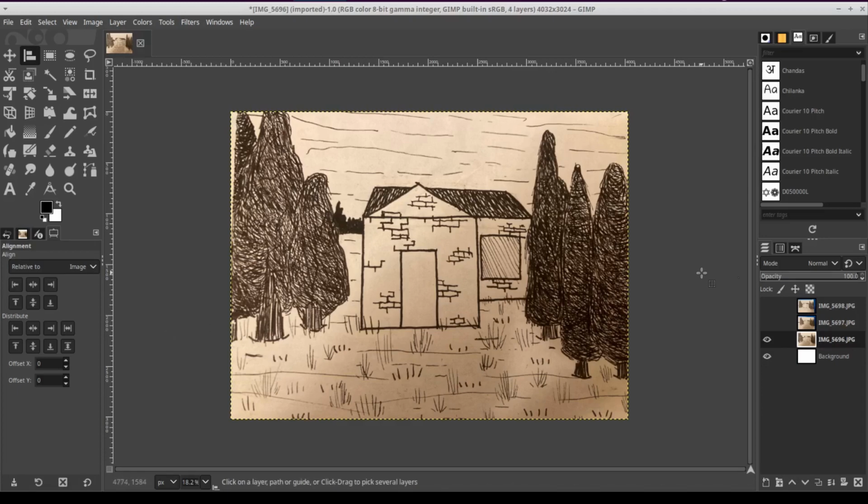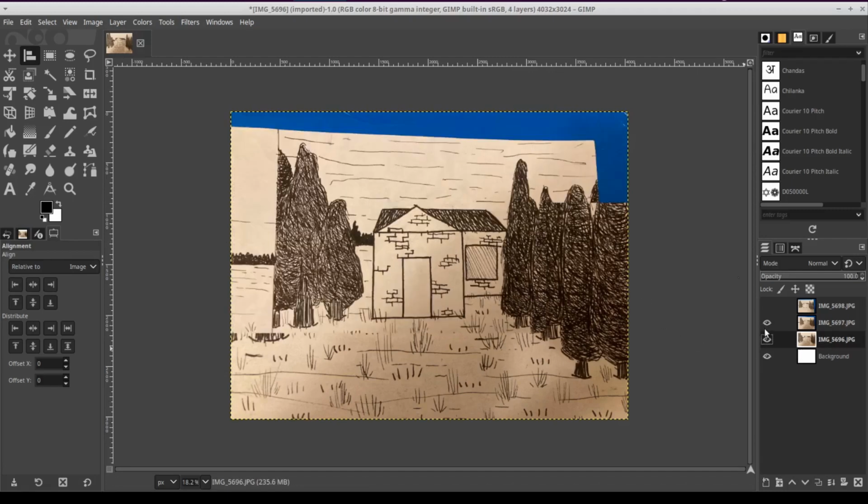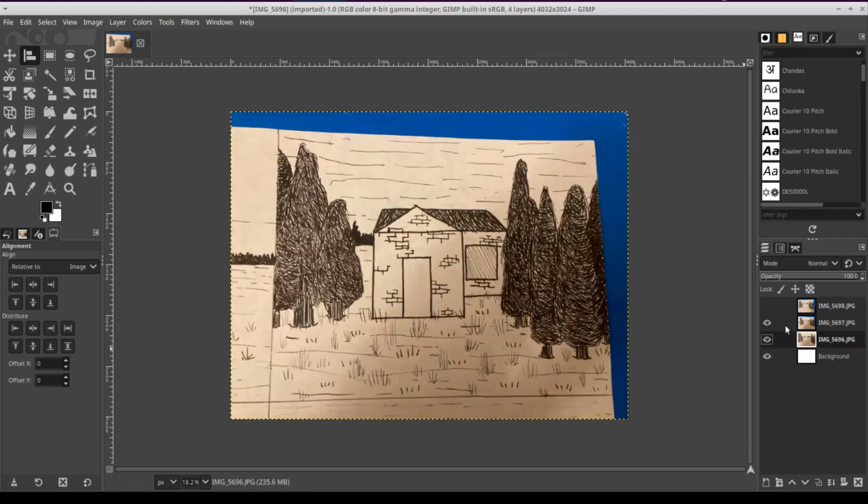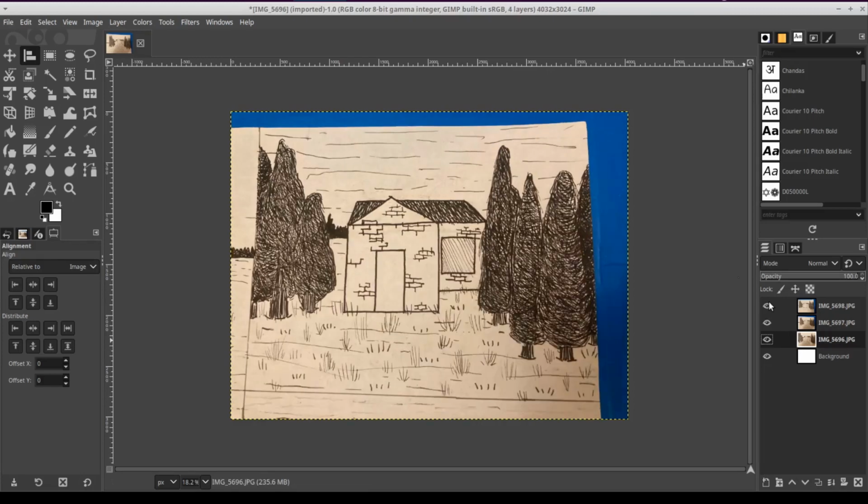So the process starts with taking a good picture. For example, this picture here is not good because you can see the edges get kind of cut off over here. And this picture is better, but it's still not super great because there are a lot of shadows in the picture. What you really want is a picture that's got the edges in frame and few to no shadows. And don't worry about stray marks everywhere, because we can clean those up as you're editing.